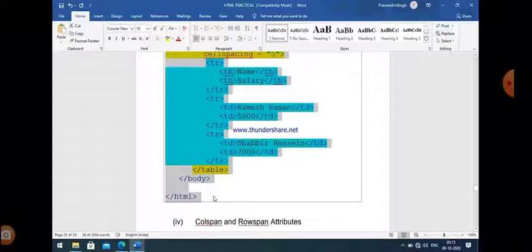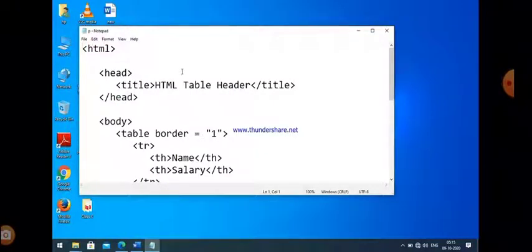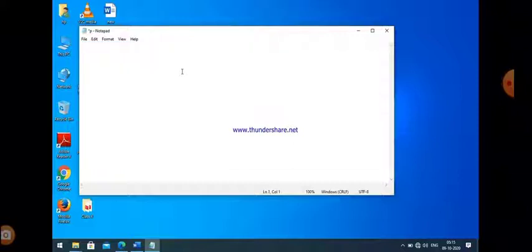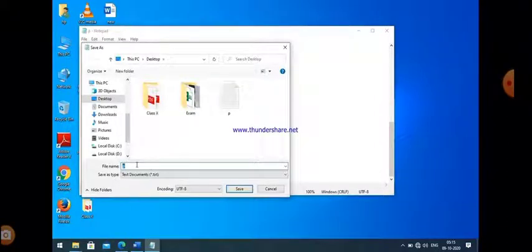So just make a copy of this and make a paste operation here, because it takes a long time to write the program. So just save the program, and after that perform the save as operation.